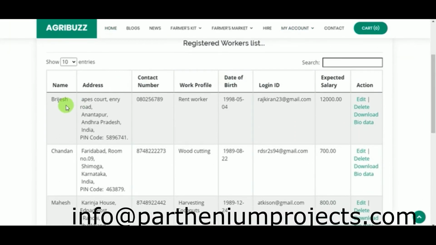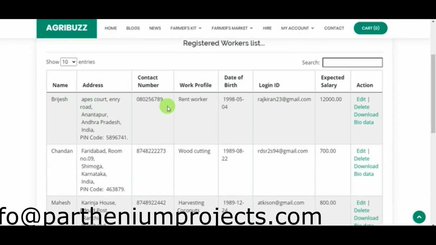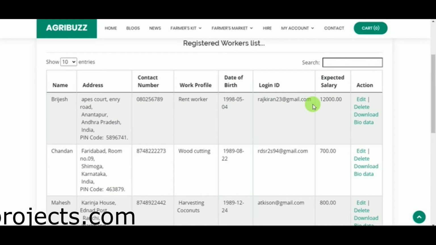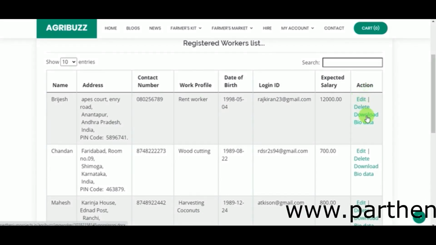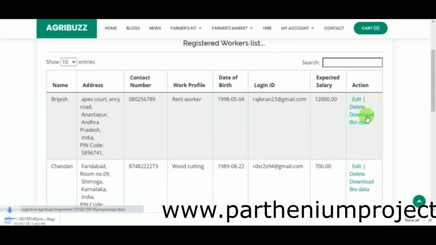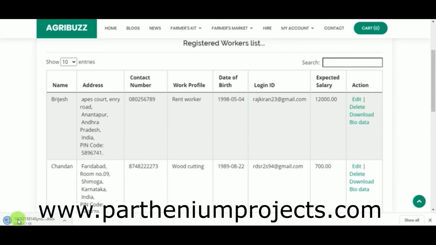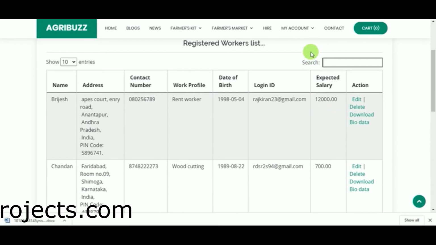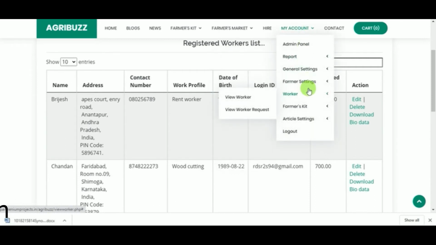You have the name of the worker, address, contact detail, working profile, date of birth, login ID, expected salary. You have action. Under action you have edit, delete and download biodata. If you click on download biodata, you can see here the biodata is downloaded. This is about the registered workers.